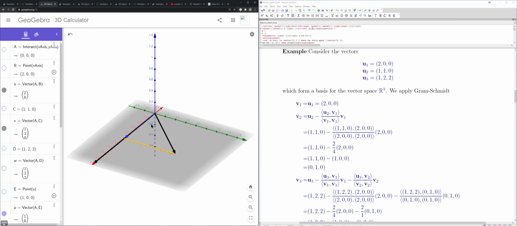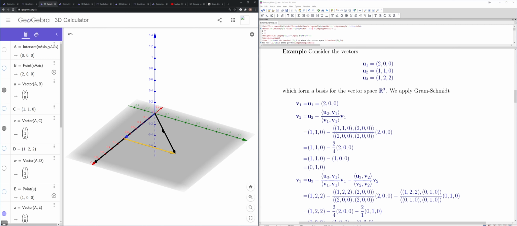The reason is that U2 has a certain component in the direction of U1. So if we wanted to get something that is perpendicular to U1, which is the same as V1, if I wanted to get something perpendicular to it,